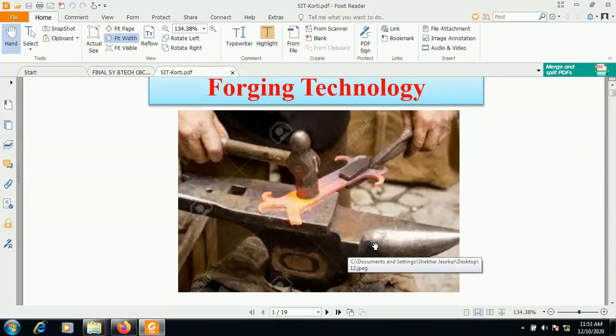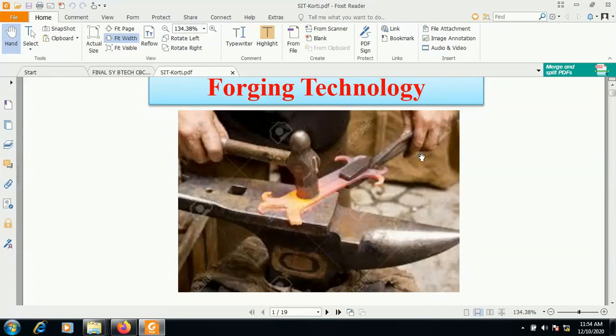That anvil is made up of die steel or tool steel. It is the hardest material, on which we have to carry out the hammering. This is the metal billet or the workpiece on which we have to work. It is hammered from all its sides to obtain the desired shape, and the material is in the red hot condition, which is achieved by heating it above the recrystallization temperature or up to the plastic deformation temperature.